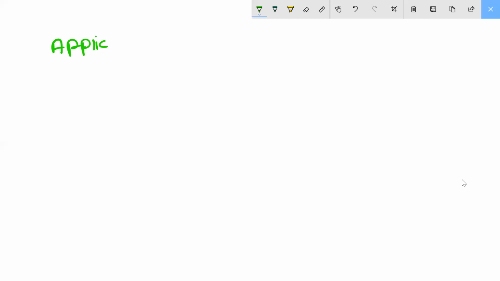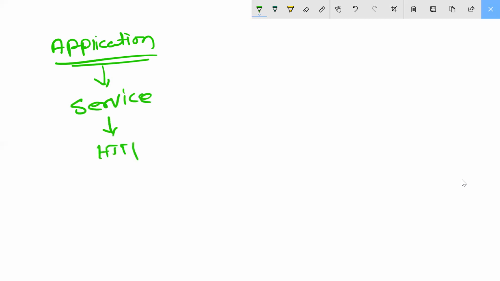Come on the application section. Inside the application section, you have the service. Inside service, you have to enable HTTP. It's giving me a lot of options.